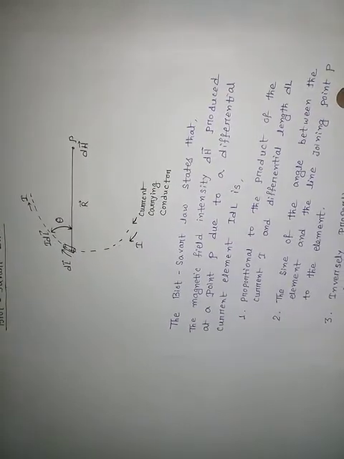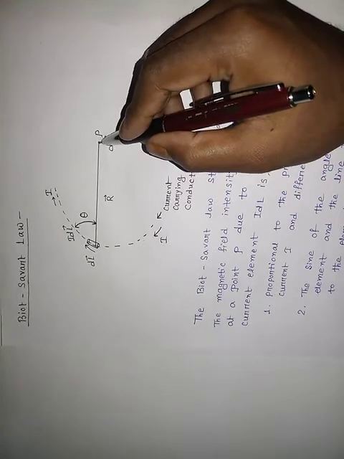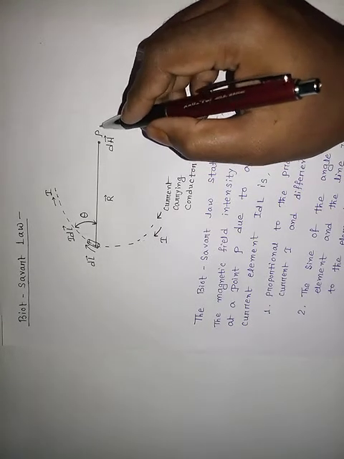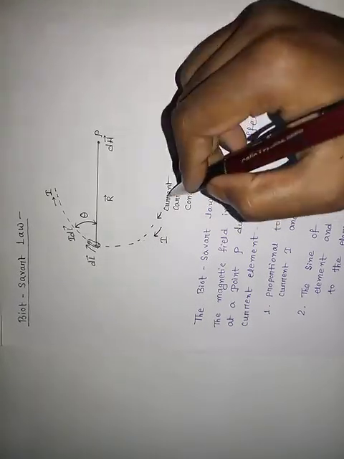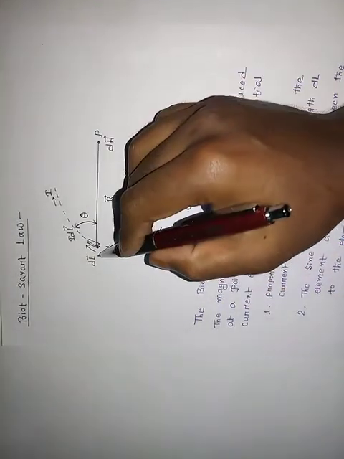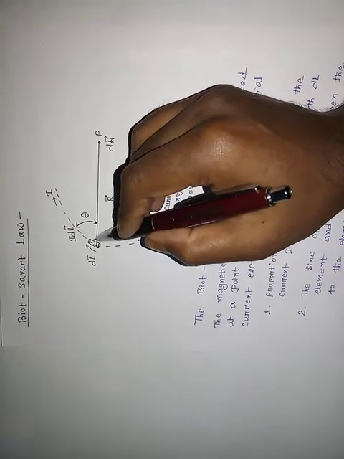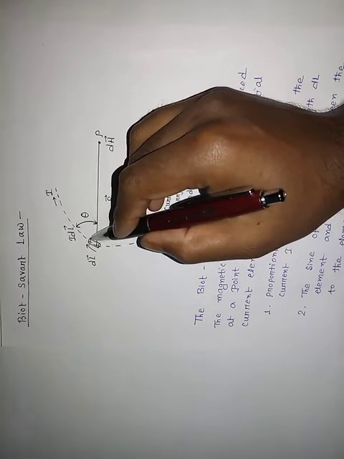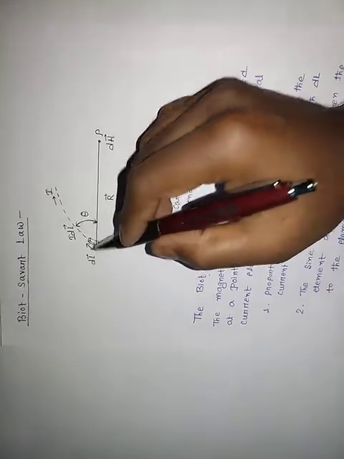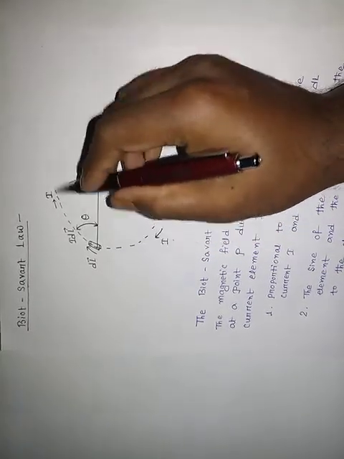So see the Biot-Savart law. Taking a point where we are finding our magnetic field intensity. This is our current carrying conductor. It is a conductor carrying the current I, and we are taking a small length dl. Our conductor is always cylindrical, so we are considering a cylindrical part with a dl, and this current element is I dl across an angle theta.